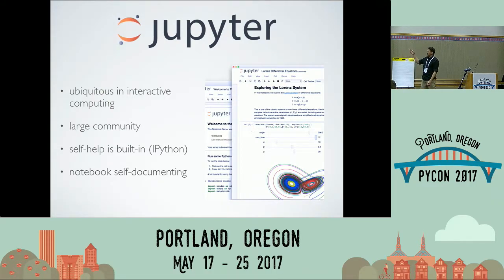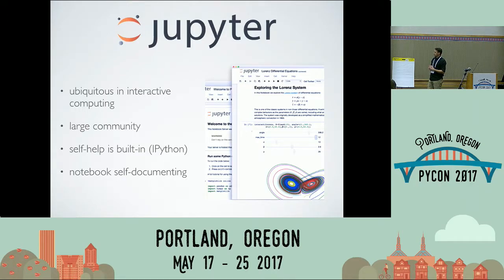So of course Jupyter you're probably familiar with, but if not, it's really now getting ubiquitous. I don't know if it's totally ubiquitous, but I certainly run into it anytime I talk to folks about interactive computing. It's this workbook-based computing environment. There's a really good supportive active community, and because it started from the IPython project, it has grown up with a lot of self-help built in, which is really classroom friendly.